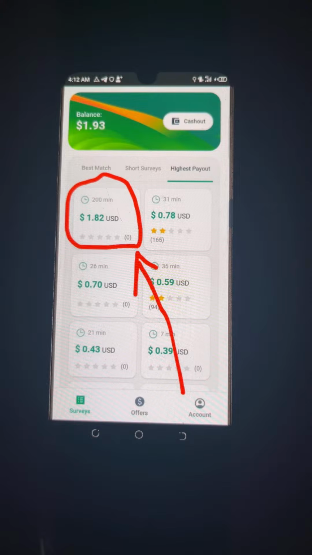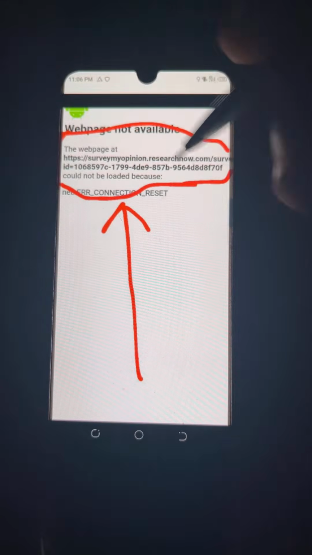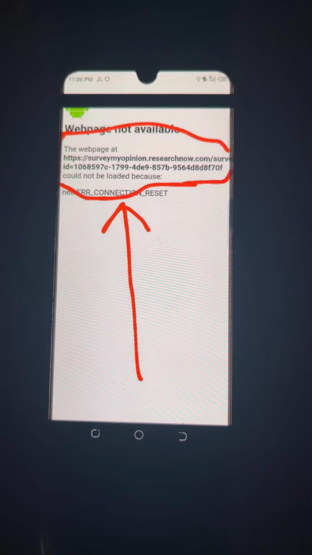So what is survey ID? Survey ID is an invitation in numbers or letters put together. They are mixed, something like this. You can see ID here, right? And you can see numbers and letters mixed together. Good. So there are numbers and letters put together to access the main portal, site, or platform you are required to work. This is why most times you get redirected while clicking on the available survey.